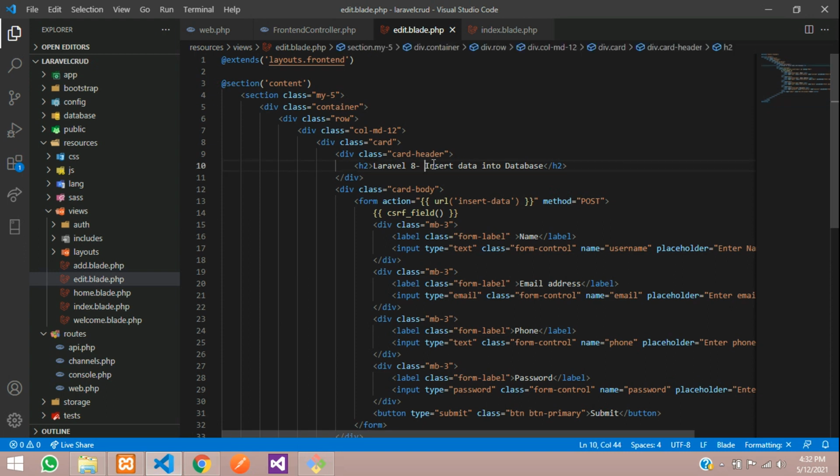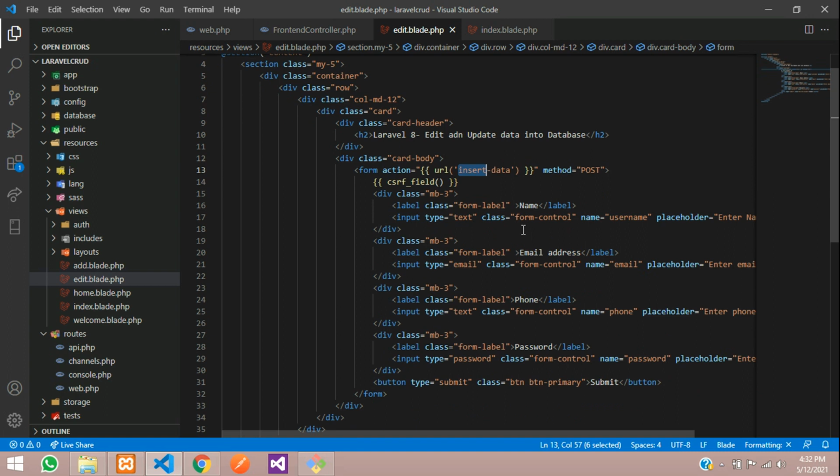So change the header first, edit and update data. Okay, so this URL also you need to change. We'll do that later. So first we will fill the values.